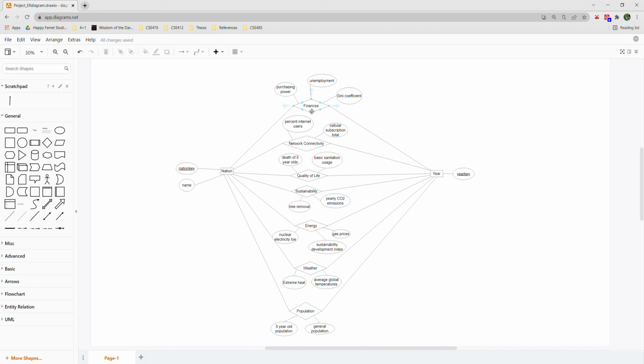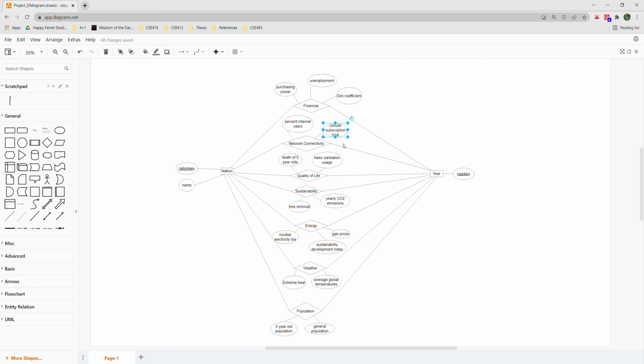So the categories that we have here are, in finances, we have some subcategories, because we had like 2 or 3 which were tables that we pulled from Gapminder, and Gapminder is a website where we can download free data as a CSV file, and then we'll have to obviously pre-process it in order for us to use it in PostgreSQL. But yeah, we have purchasing power parity, unemployment and Gini coefficient for finances,